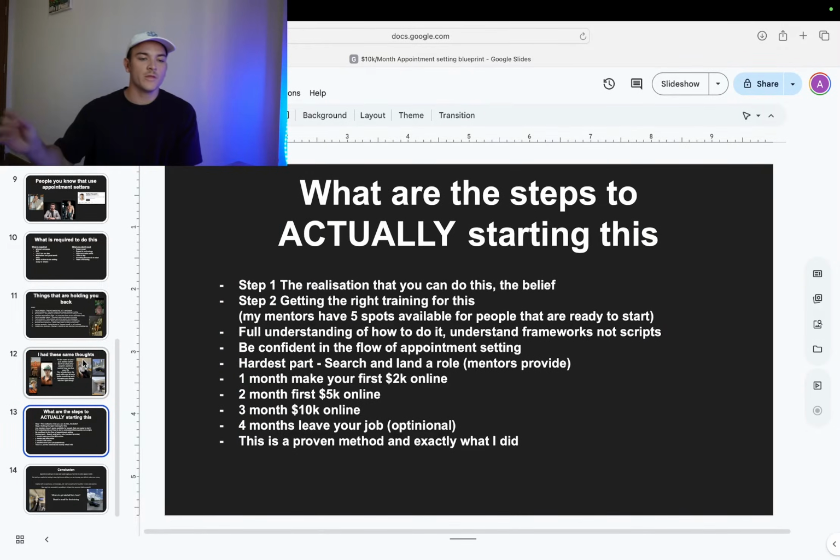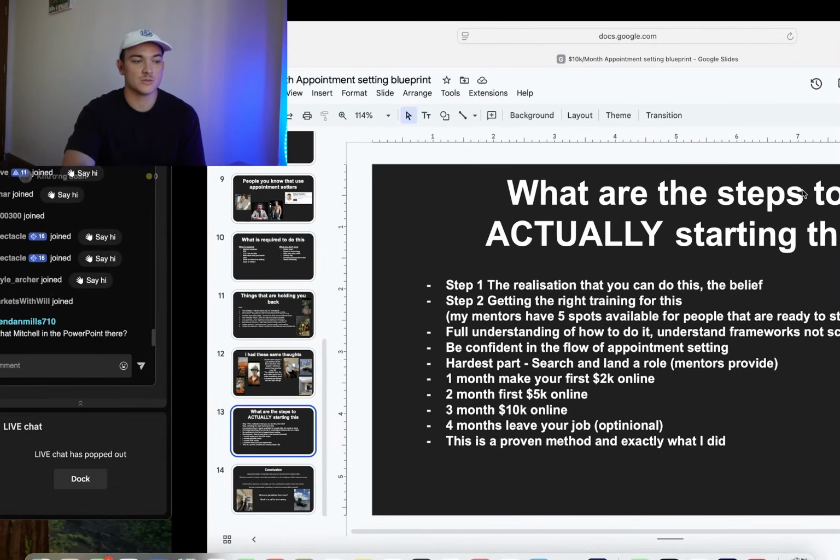So, what are the actual steps to starting this? If you're looking to get started today, these are the steps. So realizing that you can do this, the belief, and the understanding that you are the right person. All right. So you can do this. Step 2 is getting the right training. So for my mentors and my mentors that have trained me,